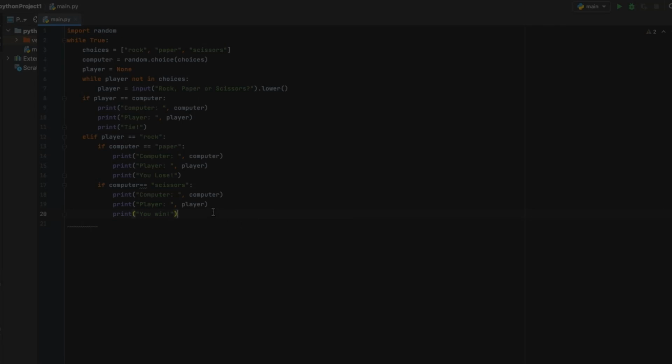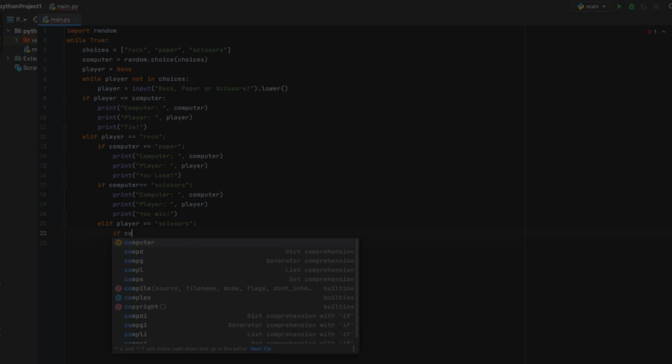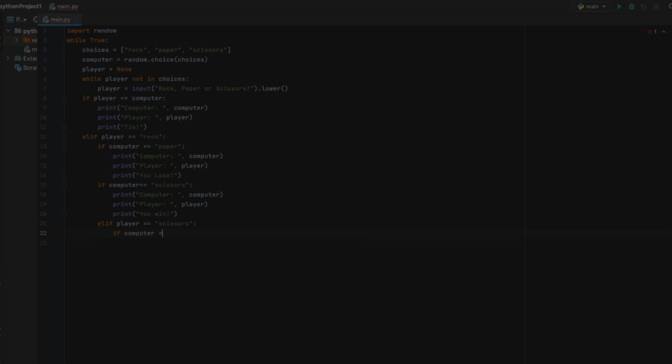And after that, so this is the scissors, and now as you can see, one condition is done and two more are remaining. So now what we have to do is we are going to go again and we're going to make an elif. Elif player equals to scissors, and then if computer equals to rock,